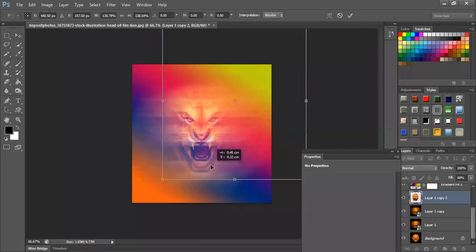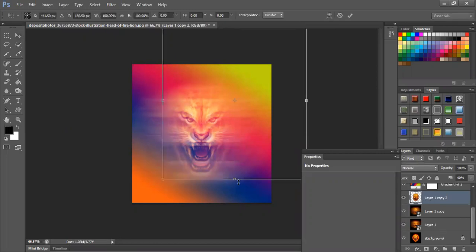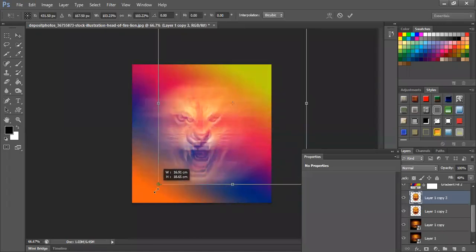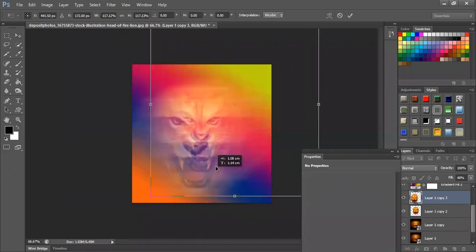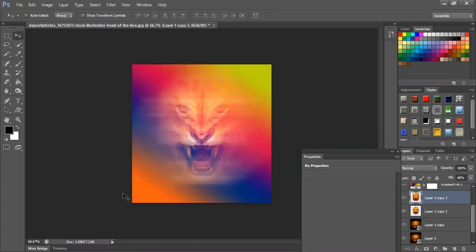Like, there is an original lion, but I am making one more slightly increased size of the lion on top of that. Again, Control T, same layer. I'll duplicate this layer and make a little bigger lion. Try to keep all three aligned at the center to get this kind of effect.